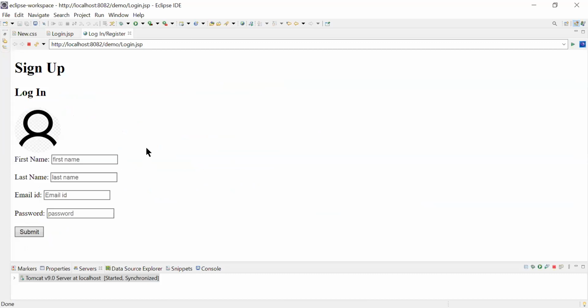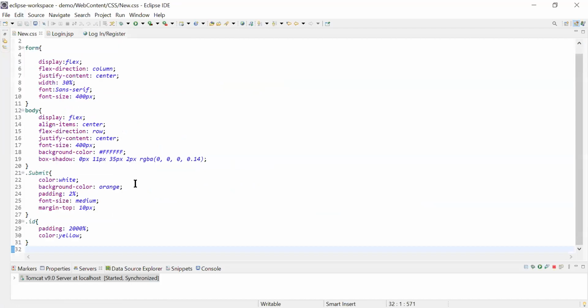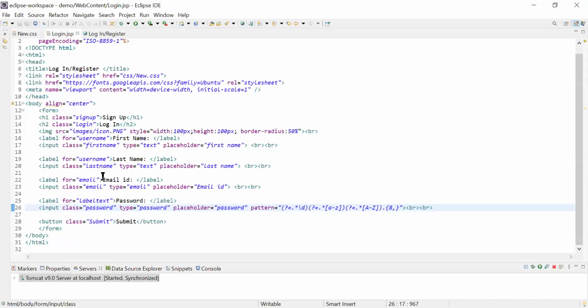I've just refreshed it, but... Go to the CSS part. Okay, go to the JSP.